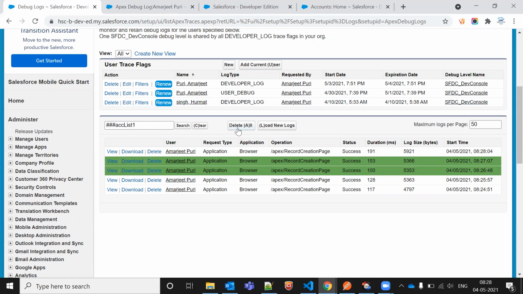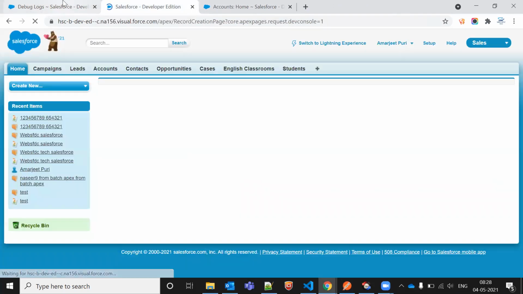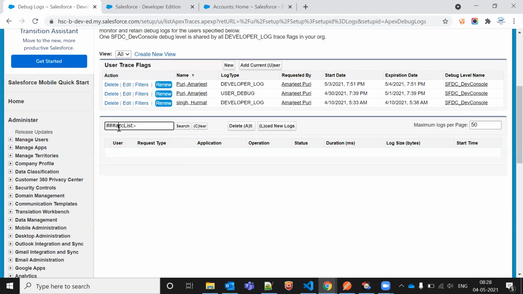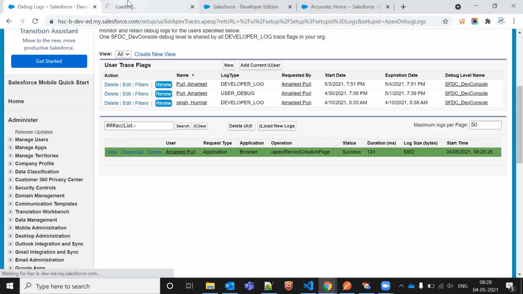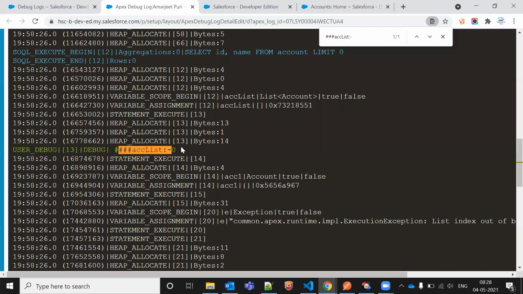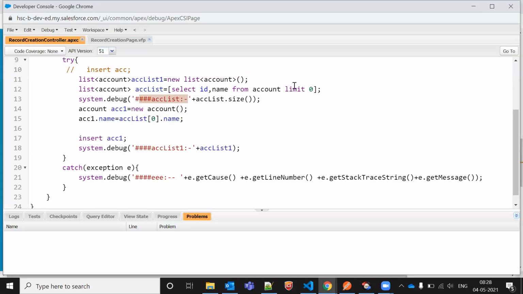In that scenario, it is returning null records. There is nothing in the database. Let's say there is no record in the database. Null record means there are no records in the database. In that scenario, it will capture the null records and it will throw the list out of bound error message. List out of bound error generally shows in case of your indexing operation.